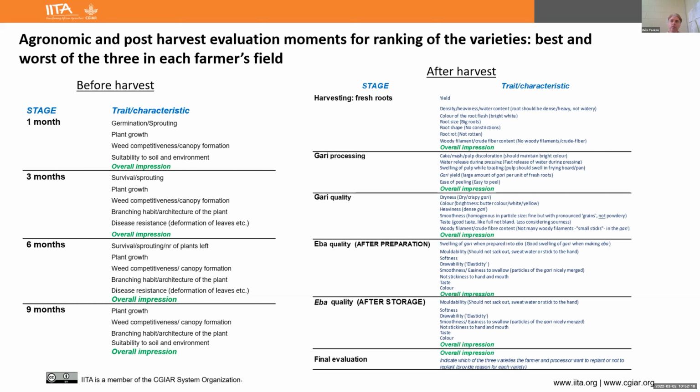One point which has not been highlighted much in the presentation is that we always include the varieties that are liked by farmers at the moment. This was informed by the CMS study, but there are more studies now. So we include varieties that are seen as the best among farmers and processors, to represent the benchmark.